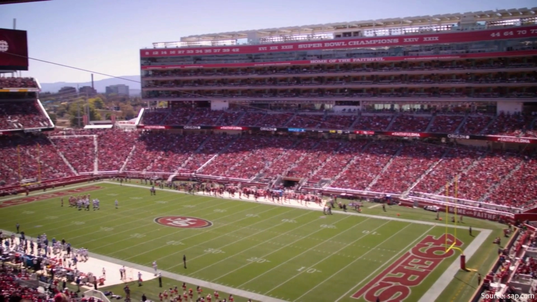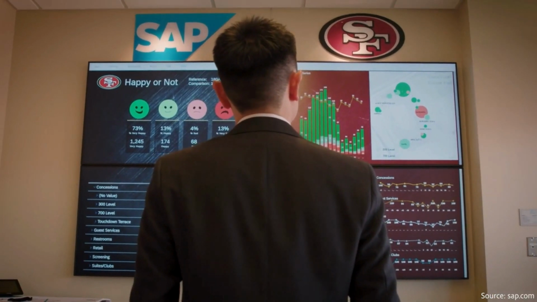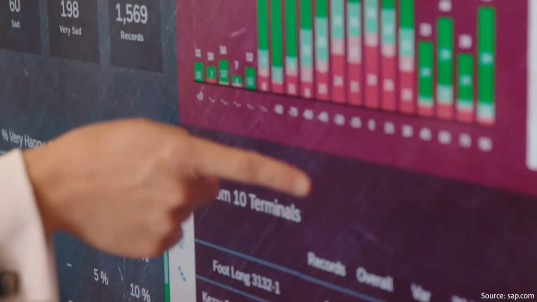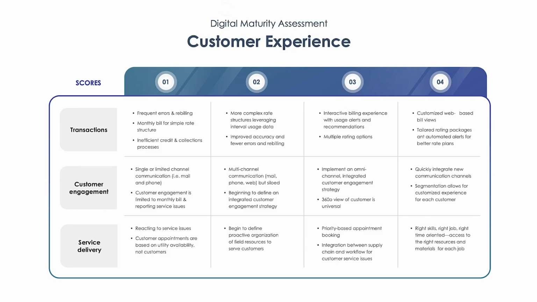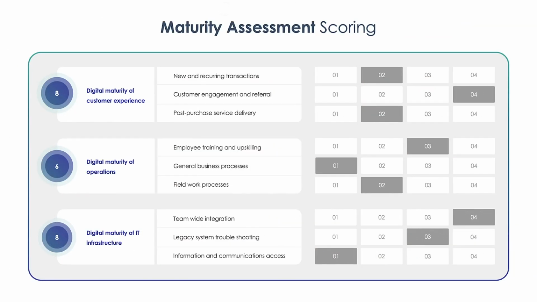Another company, the San Francisco 49ers, had its own digital transformation with a new venue management platform to help the team visualize data to improve all operations across cashiers to clogged toilets. A maturity assessment scoring chart can be used by execs to score their digital maturity. After you complete a series of questions across customer experience, workplace, and information technology, review your scores to discover your relative strengths and weaknesses. In this example, the company's IT infrastructure is rated high, which means resources don't need to be allocated there. This could be a forte to use to your advantage.